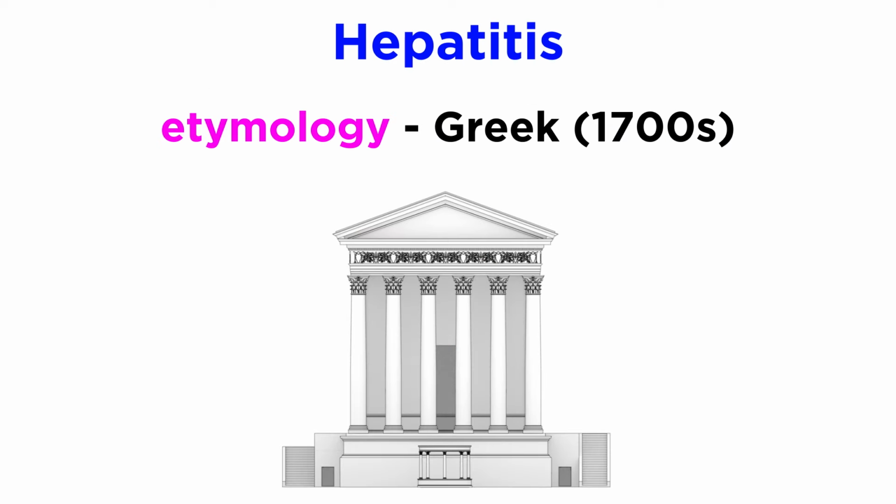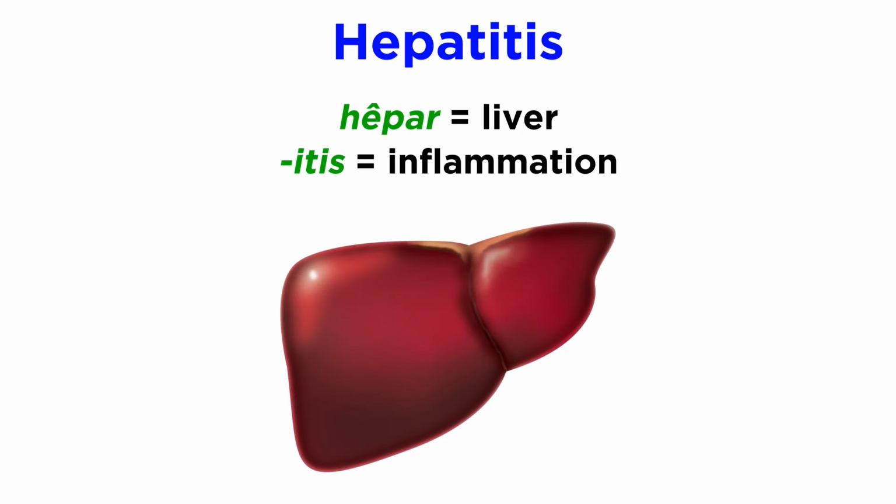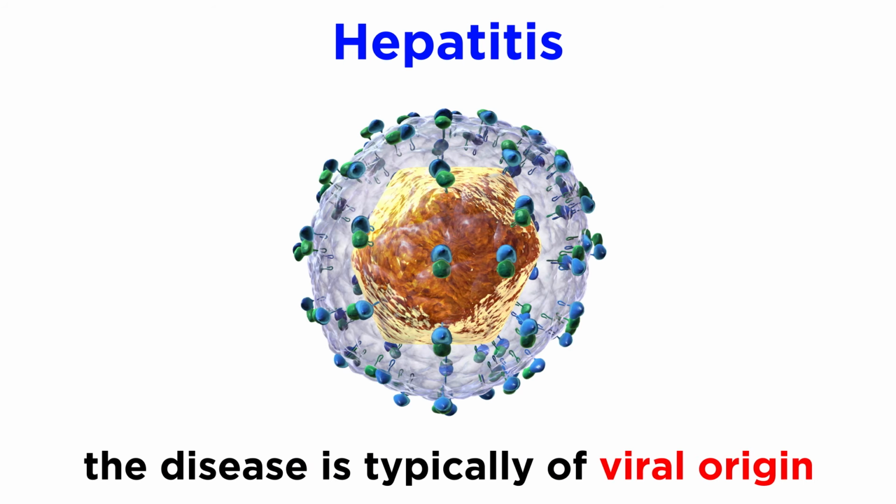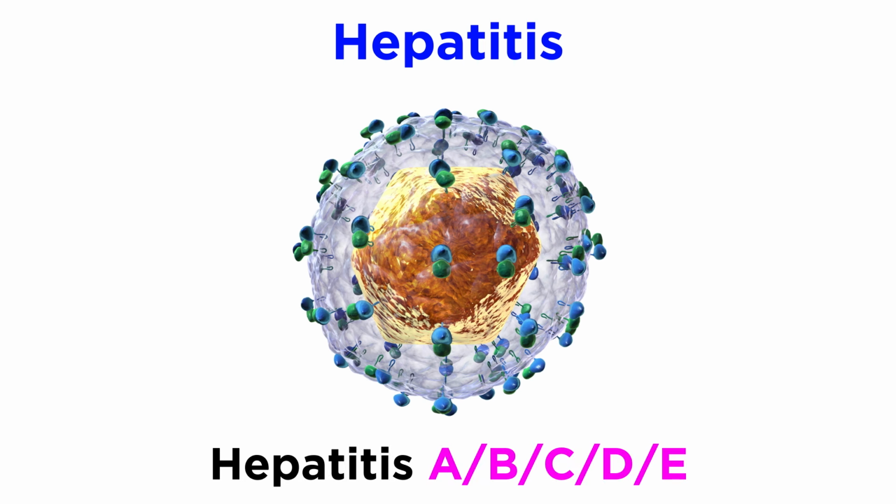The word hepatitis has Greek origins dating back to the early 1700s, with hepar meaning liver and itis meaning inflammation. Hepatitis can sometimes be caused by heavy alcohol use or certain medical conditions and medications, but most commonly, hepatitis is caused by a virus. There are 5 main strains of the hepatitis virus, which we call A, B, C, D,